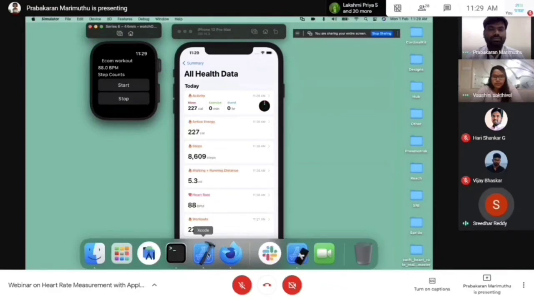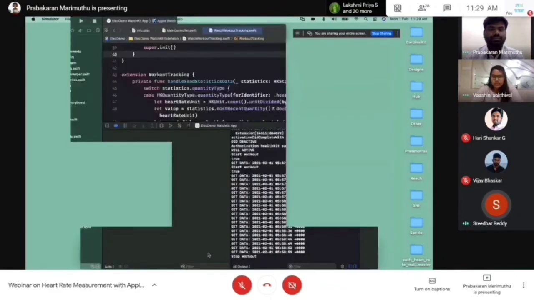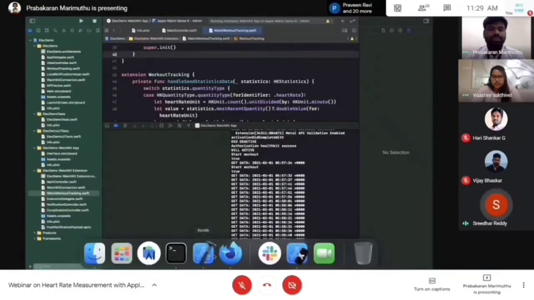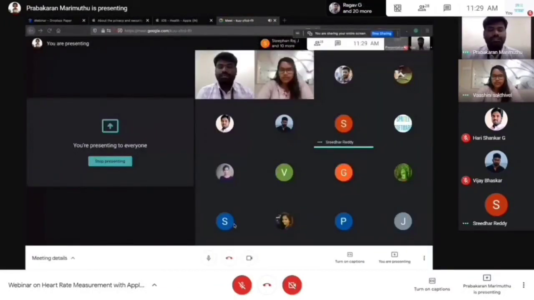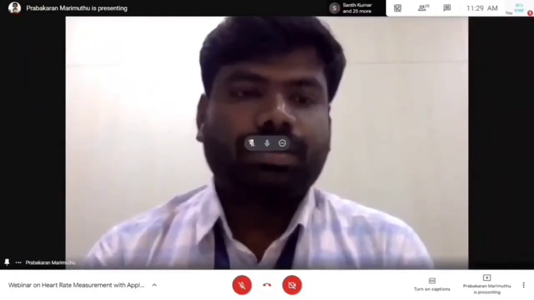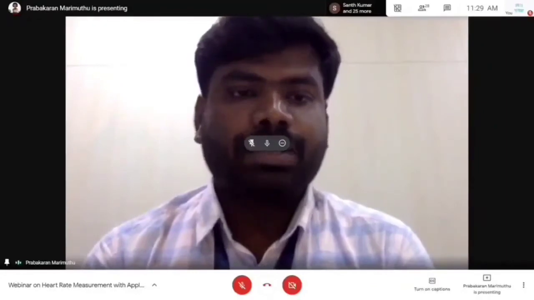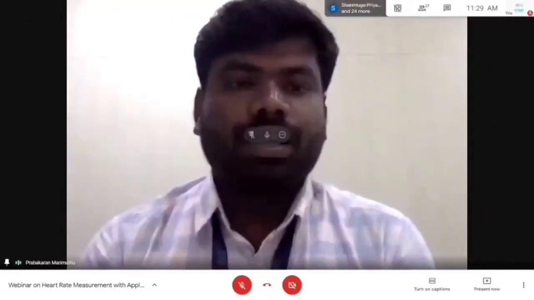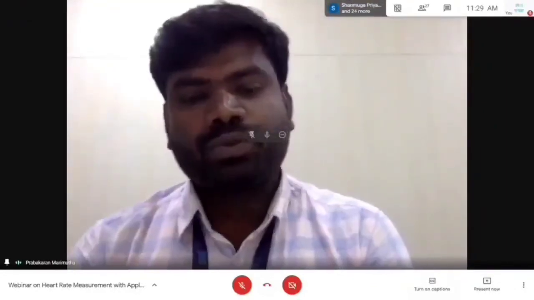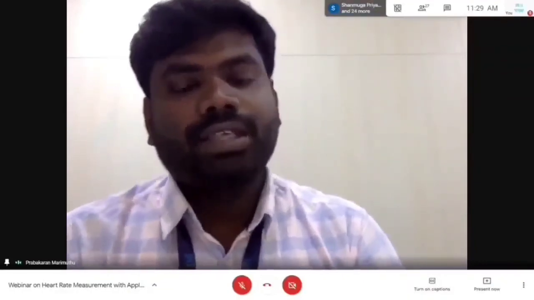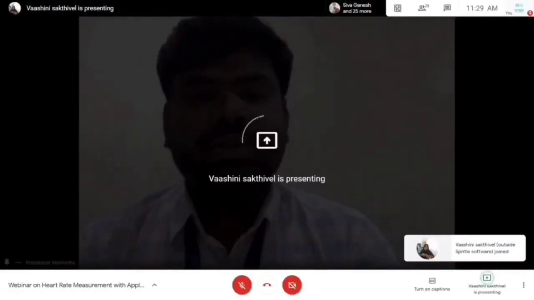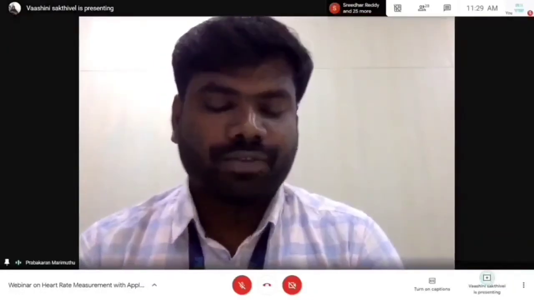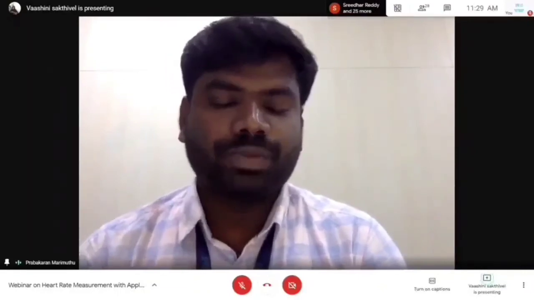Is it a direct connection between the watch and iPhone, or is it through the Apple servers? Like, would the data be sent to an Apple server and then? It's between the Apple Watch and the iPhone. Okay, there is no external or Apple servers connected with that. As per Apple policy, Apple tries to process your data on devices. If needed, they send it to iCloud to give permission to access on different devices. But right now, this is between the Apple Watch and iPhone.